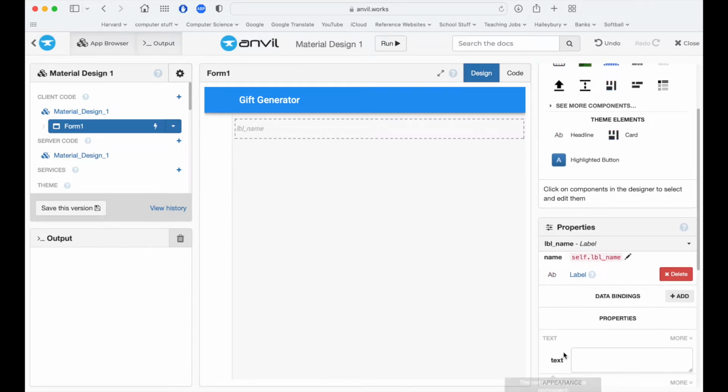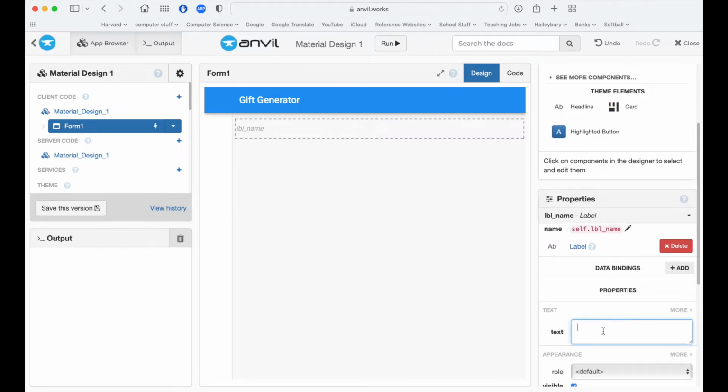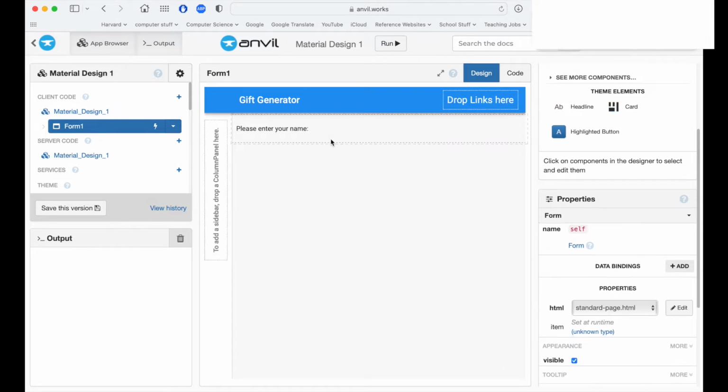So we better tell them that. So I'm going to go to the text section. I'm going to say, please enter your name, colon. Right, there we go. So I've created that little box that says, please enter your name. Right, so the next thing I'm going to do is